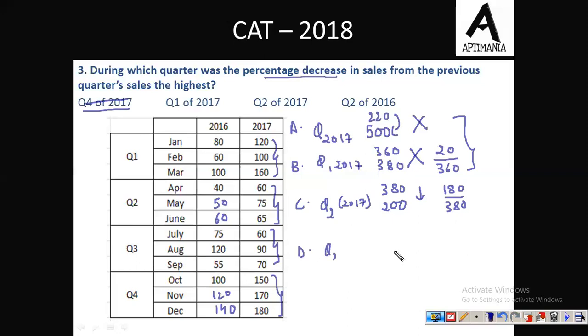that is quarter 2 of 2016. So quarter 2 of 2016 the value is 40, 50 and 60, that is 150, and quarter 1 में जो value रही होगी जिससे हमें compare करना है, that is 240. Fine. So वो value थी 240. So here also it is a case of decrement. Now here the decrement is of 90 over 150. फाइन। नाउ यहाँ पे देखेंगे 180 है, तो इसको भी 180 के टर्म्स में कंपेयर कर लेते हैं, इजी रहेगा हमारा कैलकुलेशन। तो दिस इज 180 over 300. Now here we are dividing 180 by 380 and here we are dividing 180 by 300. So option D is the greater one. So the correct answer to this question is option D, Q2 of 2016.